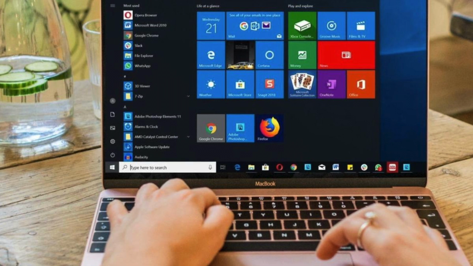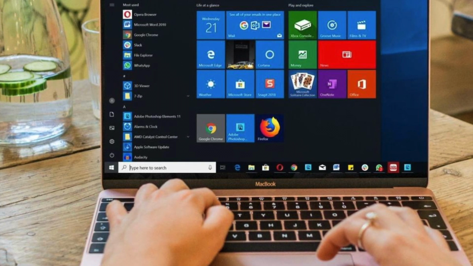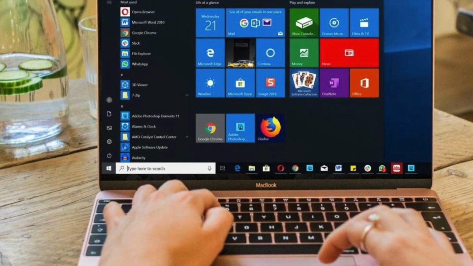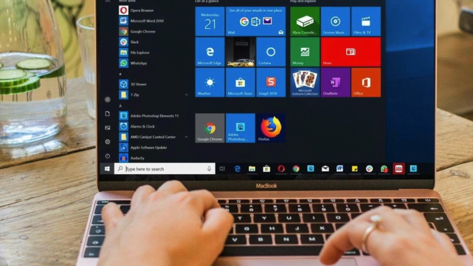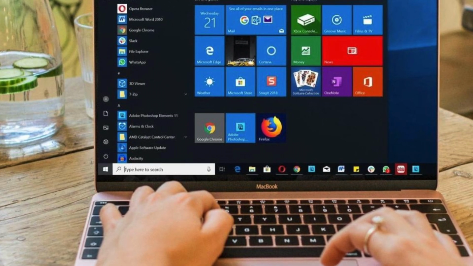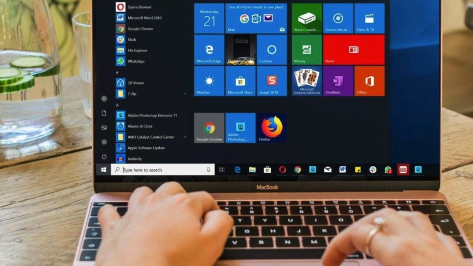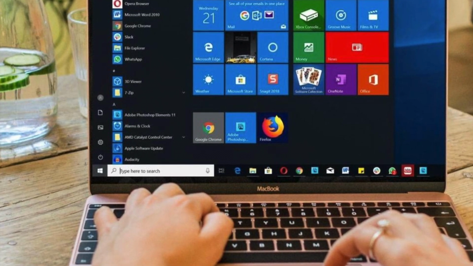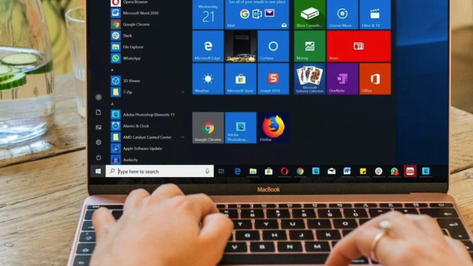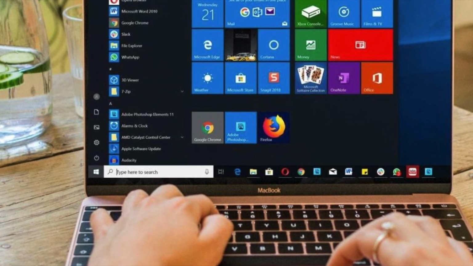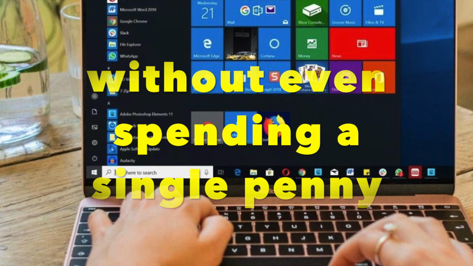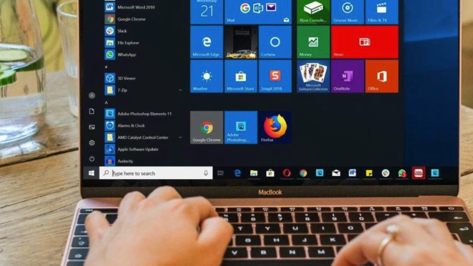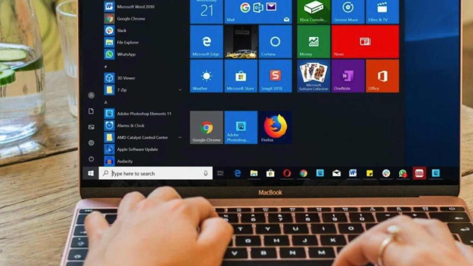So today we're going to install Windows 10 on our Mac computer. So the question arises, why do we want to install Windows 10 on a Mac computer? There can be several reasons: you want to experience two operating systems, or you want to play games, as you are very limited on games on a Mac computer, so you want to get Windows 10. We're going to install Windows 10 with the help of the Bootcamp Assistant application. So let's get straight into the video.